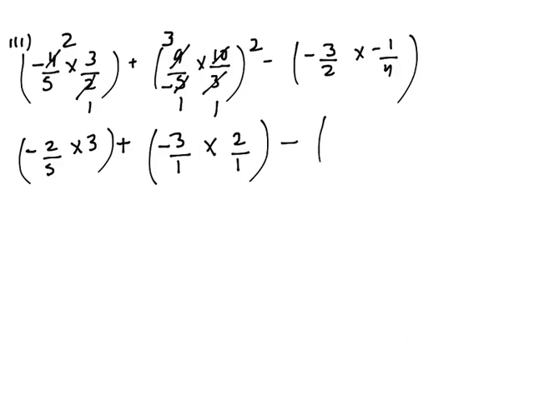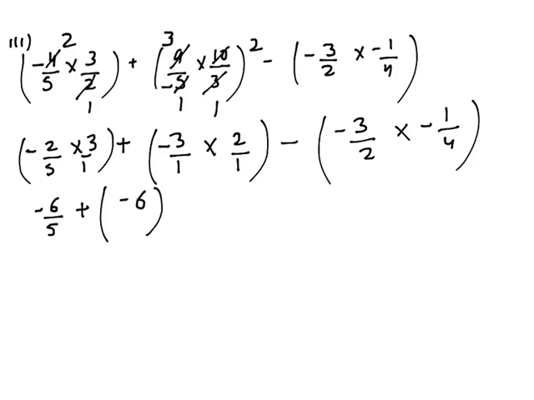Next we will see if we can change anything to the lowest form, but here there is no common factor between any numerator and denominator, so we can't change it. We will write it the same, minus 1 by 4. Now we will multiply. Here we will get minus 6 by 5. Then plus, here we will get again minus 6. Here we have two negatives, so multiplication of these two numbers will be positive. So we will get 3 by 8.